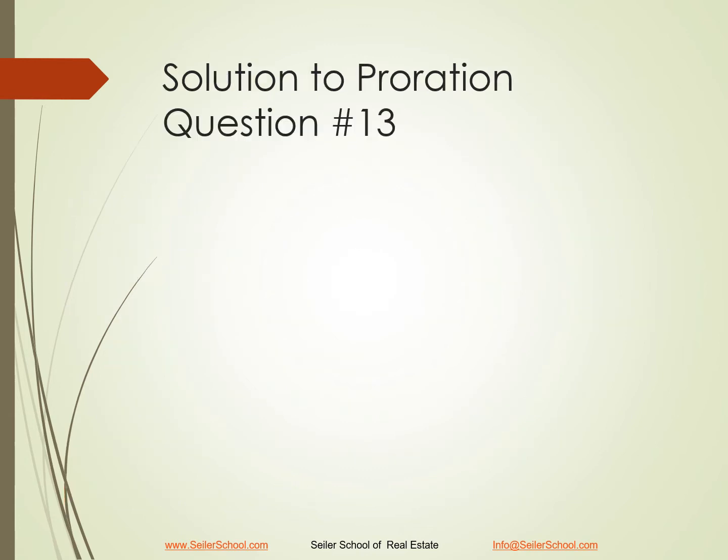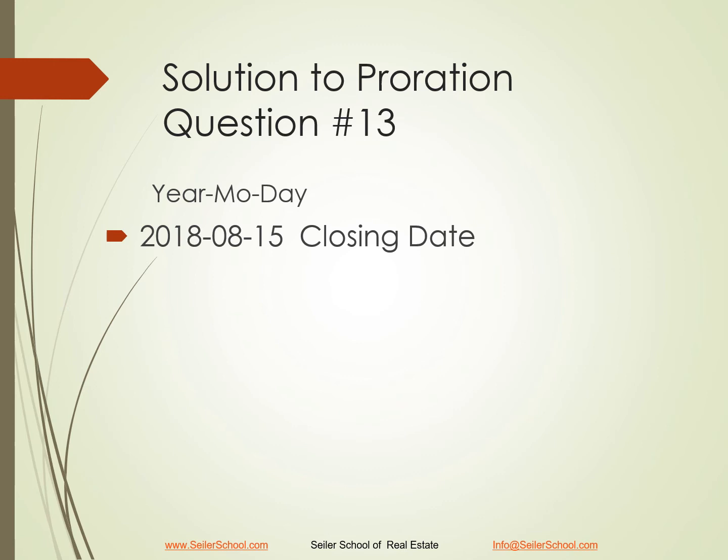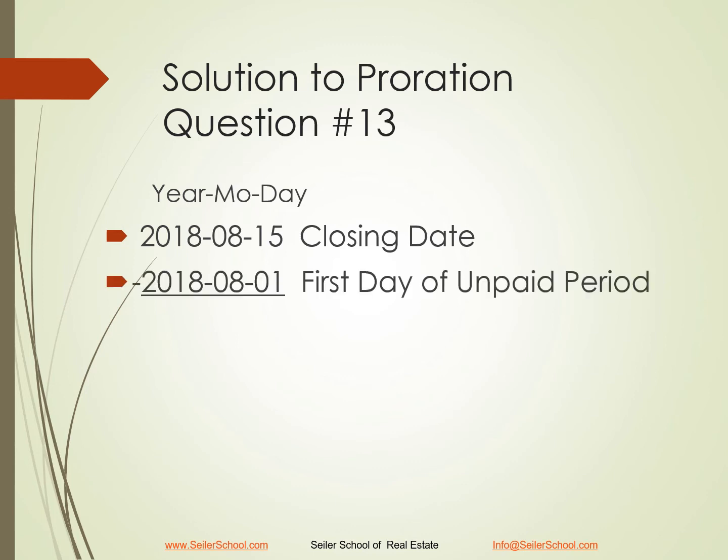To solve proration question number 13, this is our closing date, August the 15th of 2018. So year is 2018. August is our 8th month and the 15th day. The first day of the unpaid period, we'll have to think about this. What do we know about mortgage interest? We know it's paid in arrears after we use it. So even though he made his August 1st payment, what did it pay for? It paid for July. So if he paid for July, the first day of the unpaid period is August 1st,